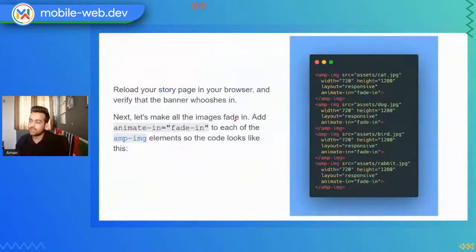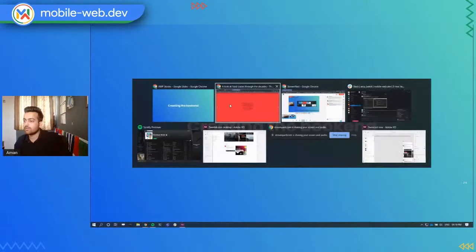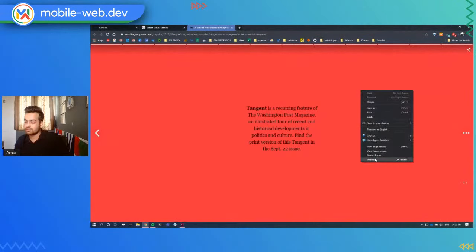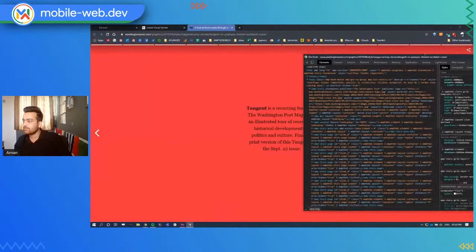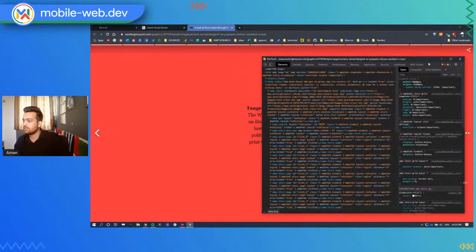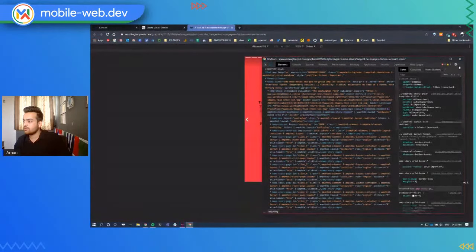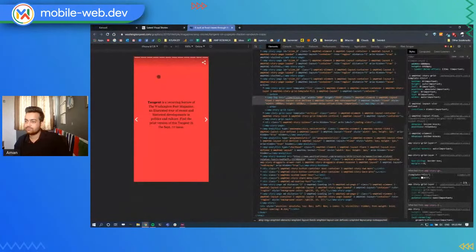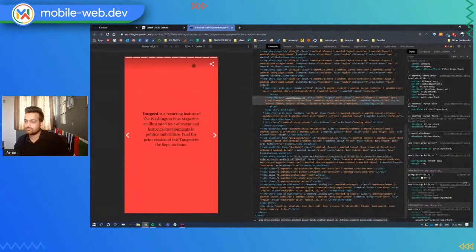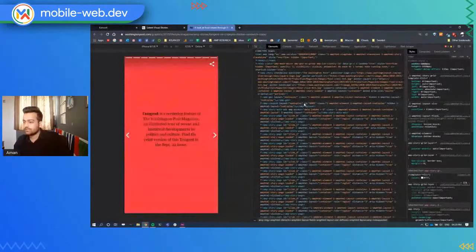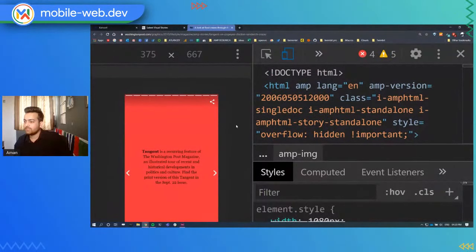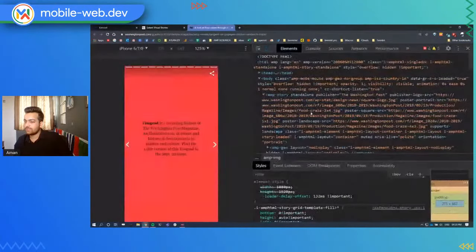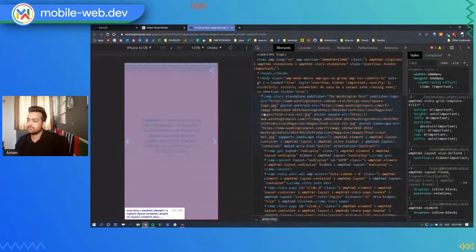Before going to the bookend, I would like to show you a live example of how the story code structure looks. I will directly go and inspect this story from Washington Post to explain how things look. Let me go into responsive mode and stick my inspect element to the right. So this is my AMP story. Let me zoom in a little bit into the code. I hope you can see. This is too much zoomed in, I guess. Yes, I think this is better.